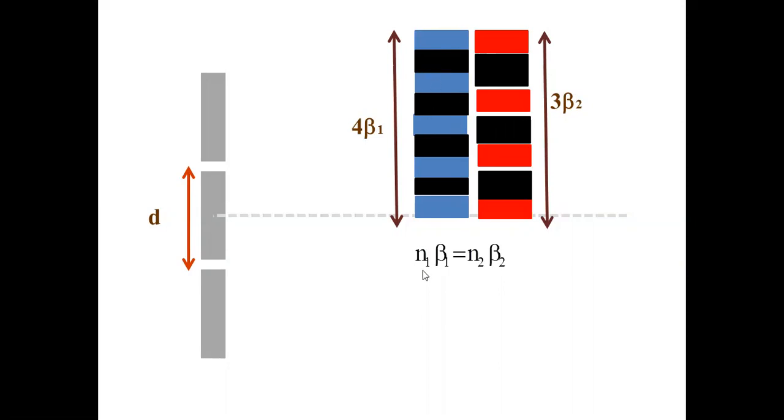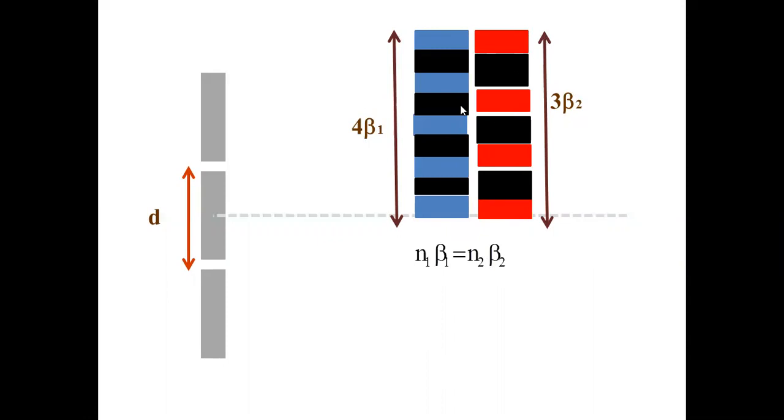What is the minimum distance? So let the n1th fringe of the first one and the n2th fringe of the second one be formed at the same place. For example, here the 4th fringe of blue and the 3rd fringe of red are formed at the same place. If they are formed at the same place, the distance to that fringe from the central bright fringe is the same, right? X, I will say. The distance of that coinciding point from the central bright fringe must be the same for both. That means 4 beta 1 must be equal to 3 beta 2, because they are formed at the same place.